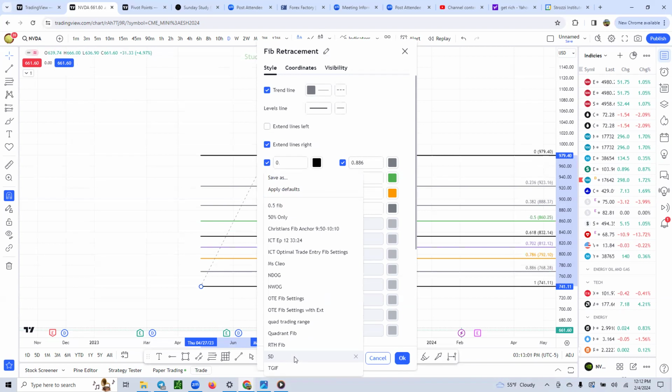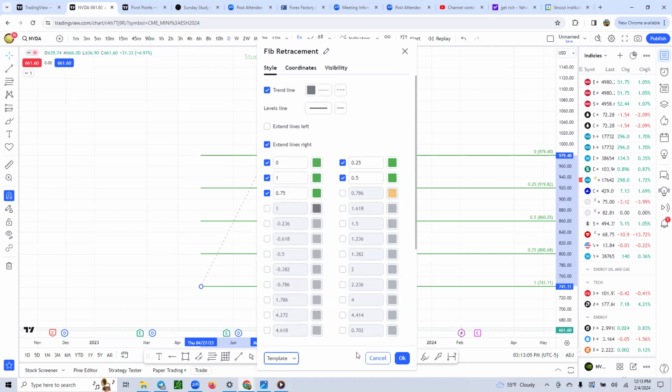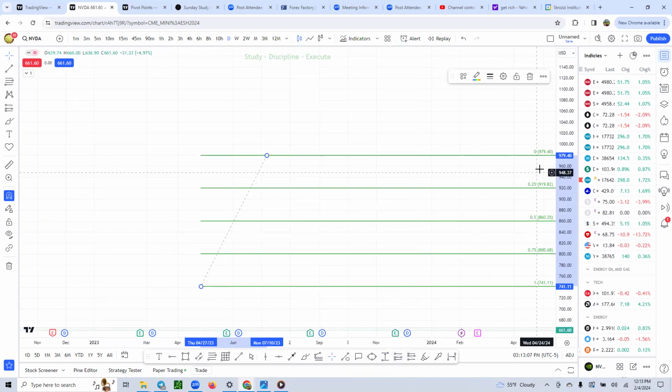I also use one that measures quadrants. So sometimes we'll see that price will retrace into a fair value gap 25%, or it'll go 50%, or it'll go